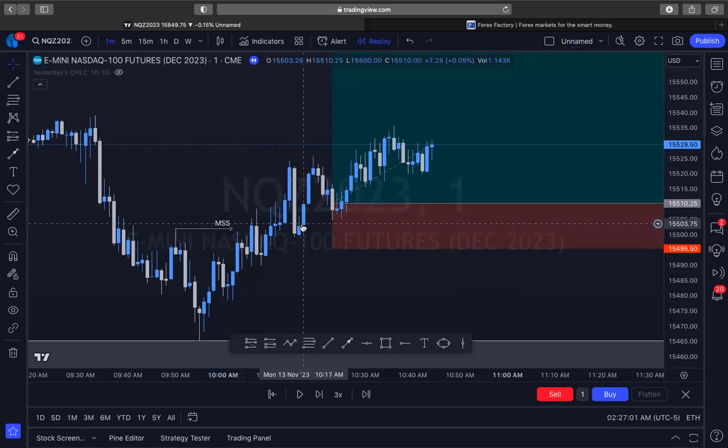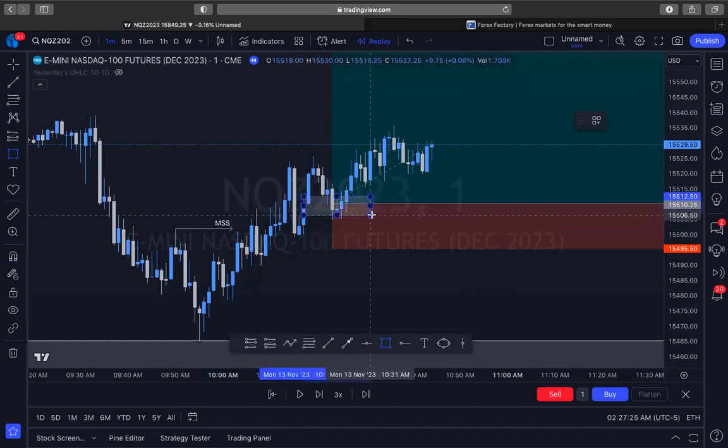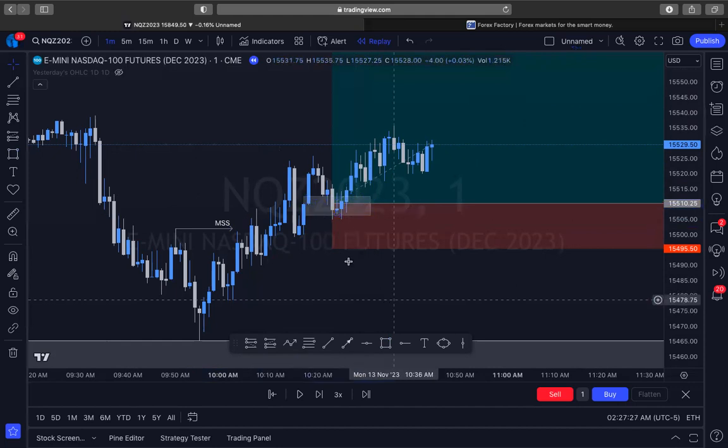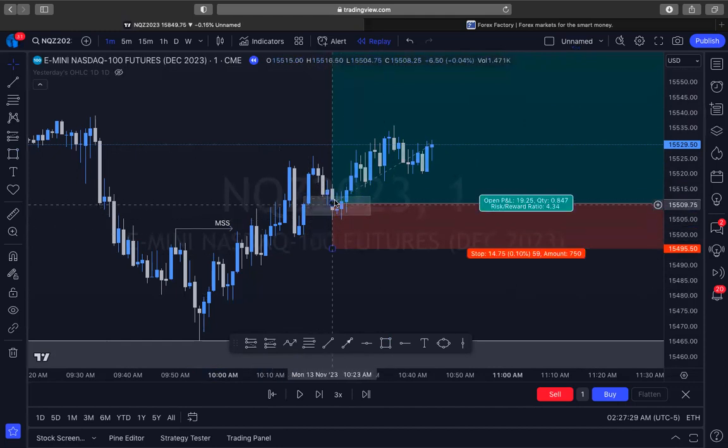So with that being said, I saw this high going higher, and this is where I took my entry. I opened up to where, let's see, this fair value gap right here. I'm going to get it as close as possible, but this is what I saw. This is what my eye drew to.